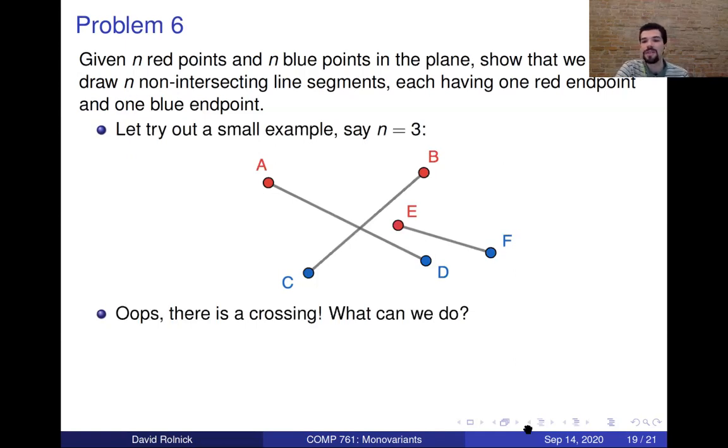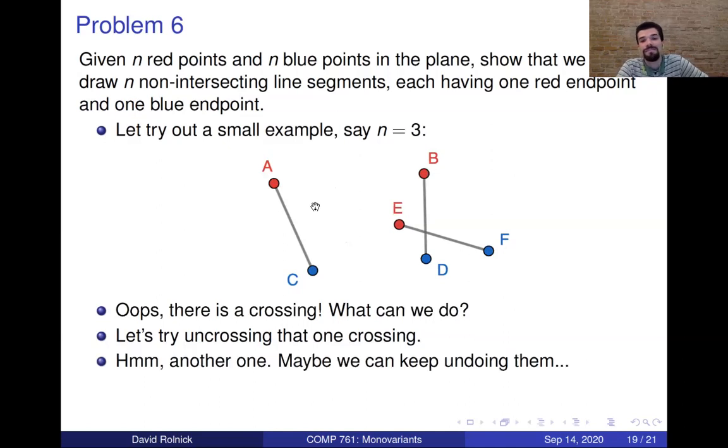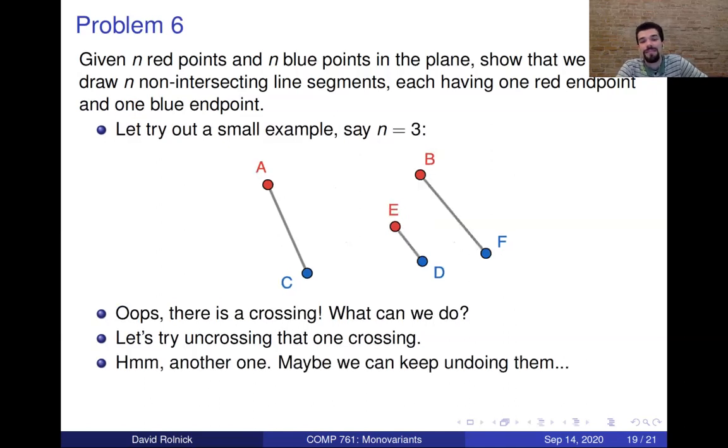Yeah. So as some people are suggesting, let's just try uncrossing them. So red and blue, let's make red and blue, red and blue. Do the other pair. Darn. We got another crossing. That crossing didn't even exist before. Let's try uncrossing that one. Okay, that worked. But does this work in general?